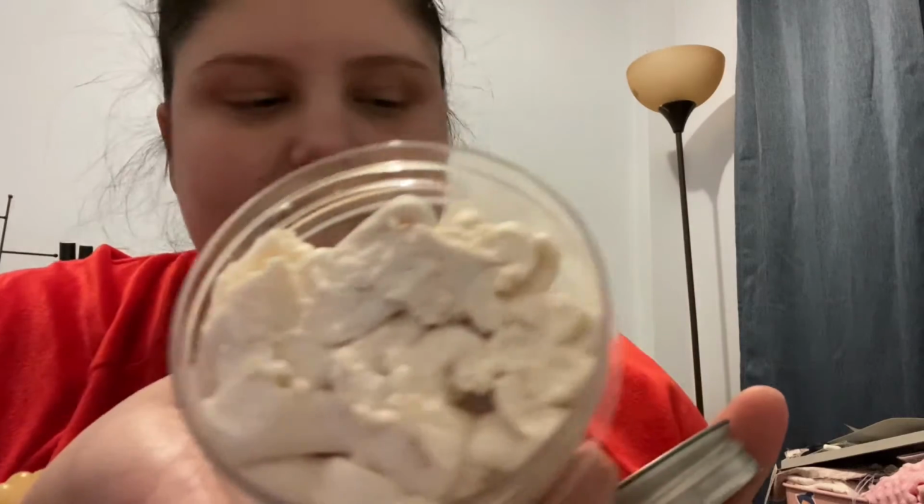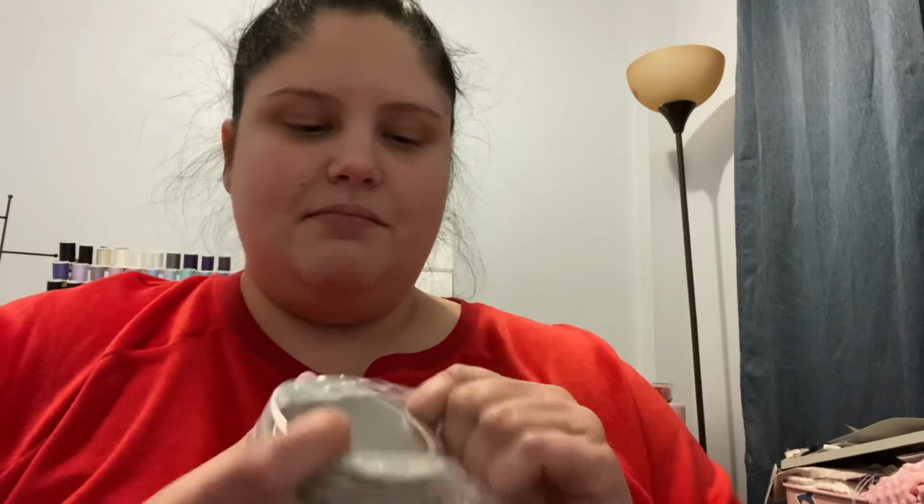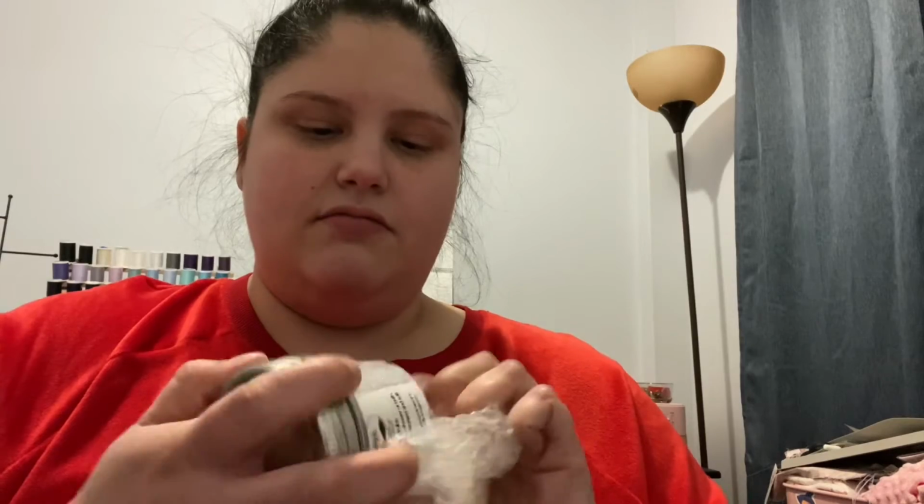And then these are what smell delicious. It's handmade whipped body butter. I already ordered from her before, so I know. I'm not sure the smell, but that's what it looks like. It has glitter on it. Love it. I forgot what scents I ordered, but it smells good. I'm pretty sure this one is